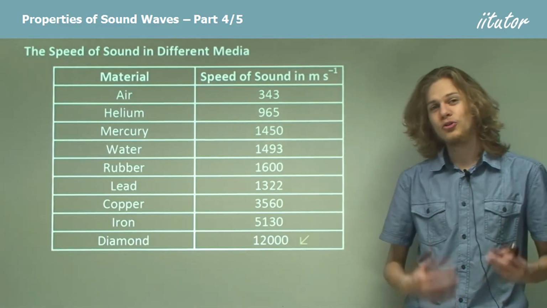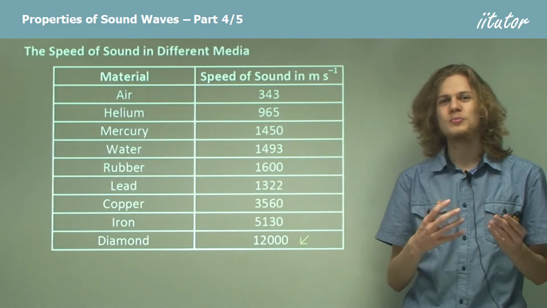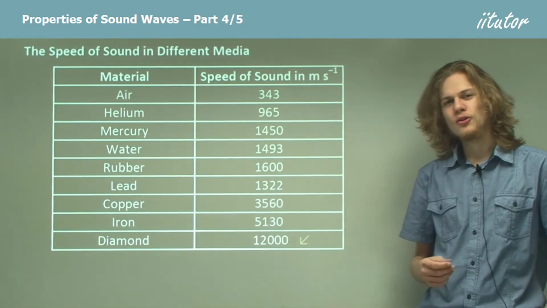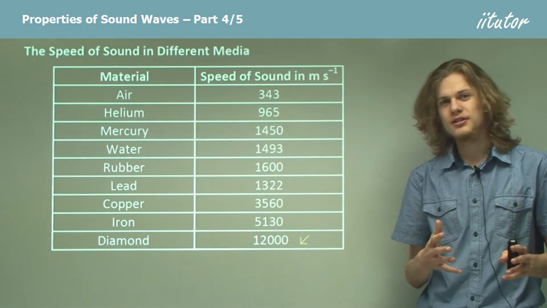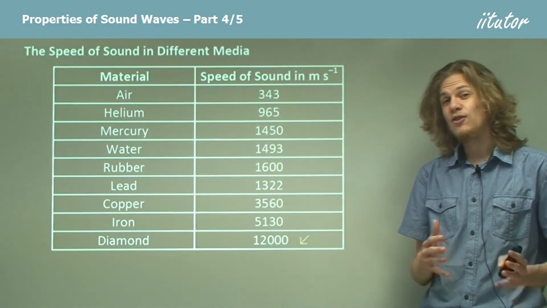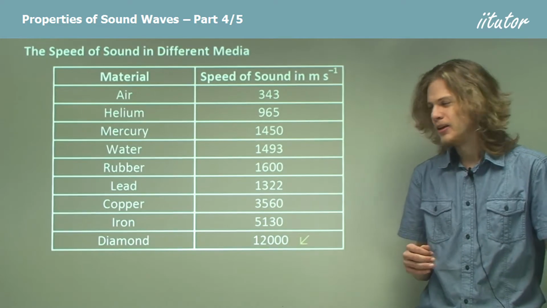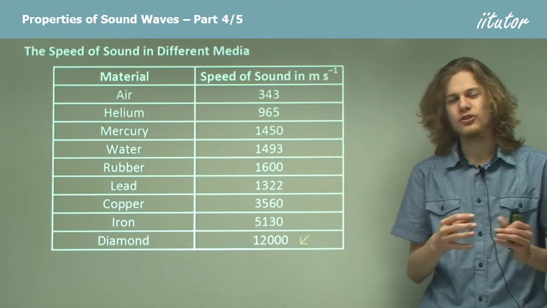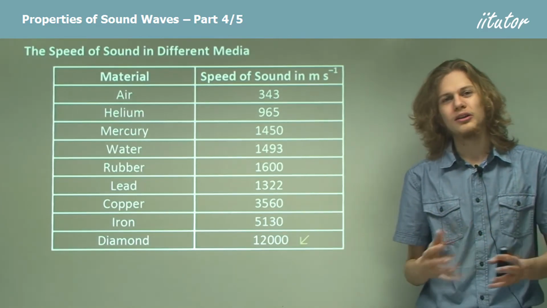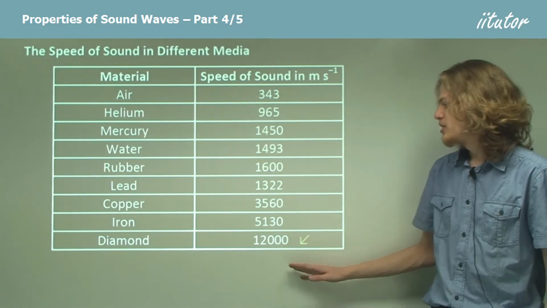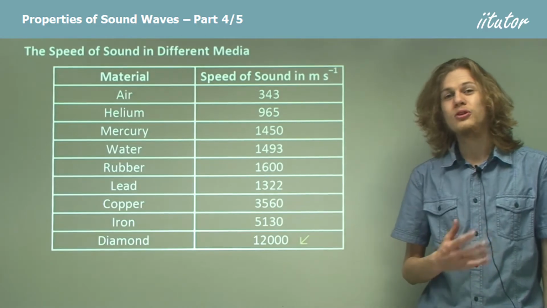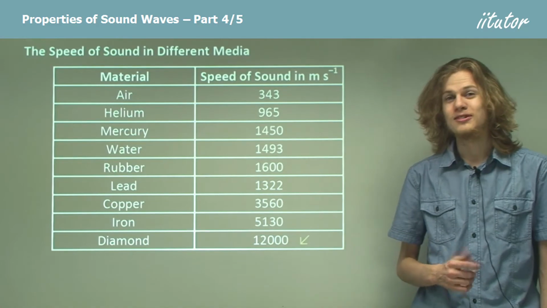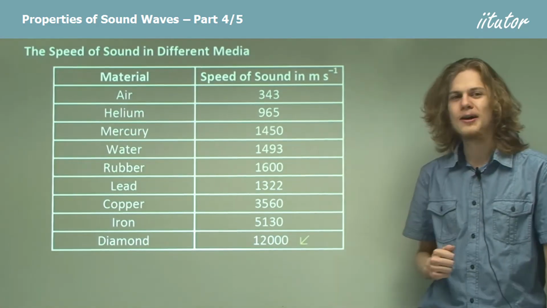Alright, so how about some solids? We can see that most of these solids have a propagation speed that is even faster than mercury and water. So of course, metals will have different densities, usually greater densities, and also different elasticities, which explains why there's so much variation between them. In general, the harder a solid is, the more quickly it will allow sound to propagate. So we can see right at the bottom that sound will propagate through diamond at a speed of about 12 kilometers per second, which is far faster than for any of the other media here.